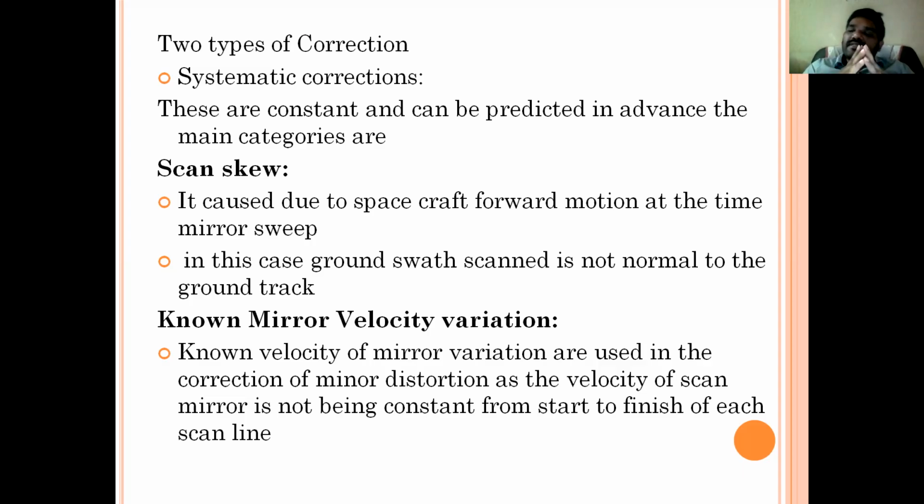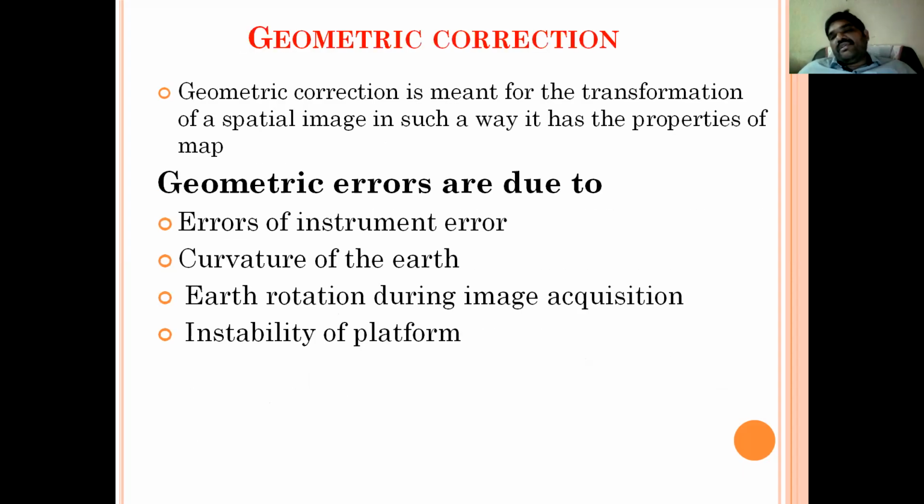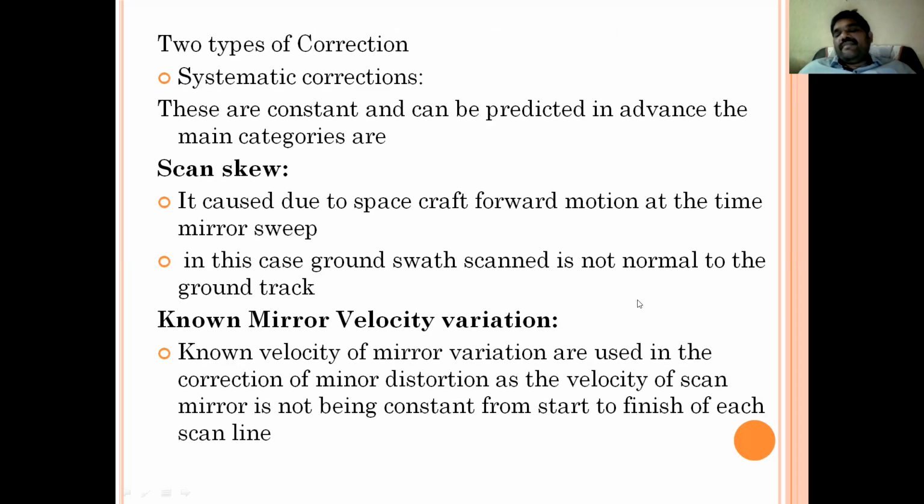And what are the base reasons for this geometric correction we have seen? Instrument error, platform instability, the rotation of the earth at the time of image acquisition, and the curvature nature of the earth. These four are the basic reasons why the images may have flaws with respect to shapes, curves, scales, or projections, and so on. Here we are just correcting those errors